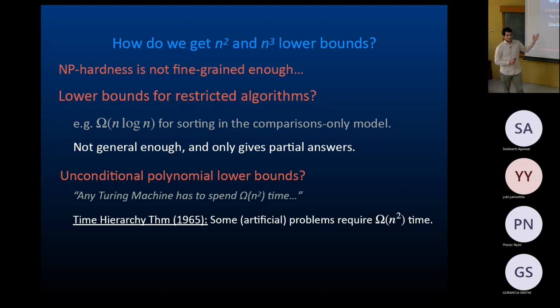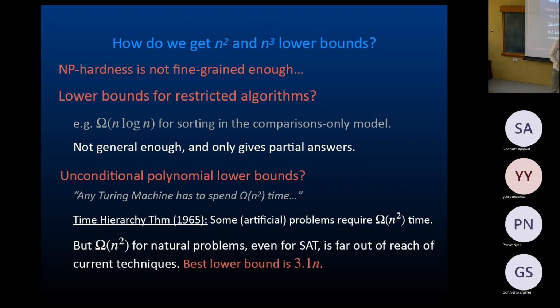The best thing would be to prove these things unconditionally, with mathematical proofs that any algorithm, any circuit, any Turing machine cannot do this in a certain amount of time. But the techniques that we have today, after many decades of work, are very, very far from proving anything like that. For example, for SAT, the classical NP-hard problem, we cannot prove that you cannot solve it in better than like 3.1 times n. So we can't rule out n log n time for SAT. We were talking about polynomial problems, so it's really kind of hopeless in the near future.